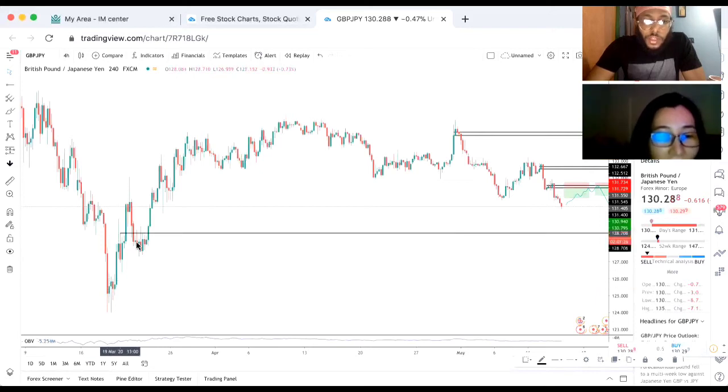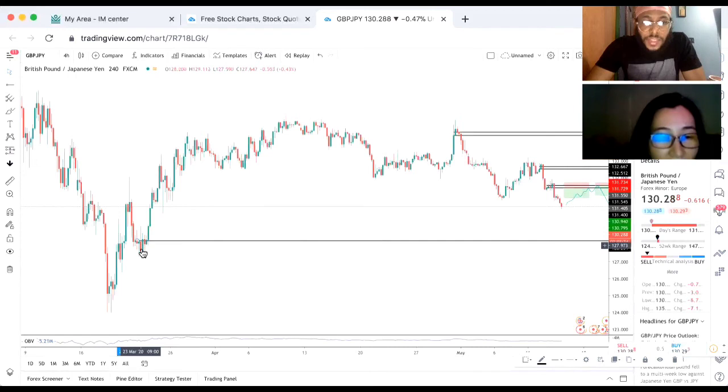So look at this, right? This last push down. When you see this one, it is closer to where price is, right? So price has to break this one first before it gets to the other. So that's why we'll mark this one here, and then the middle of that one.